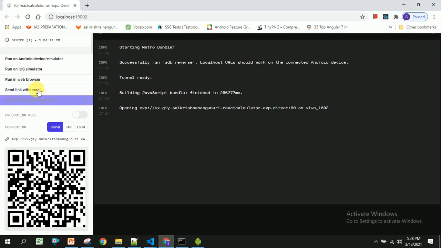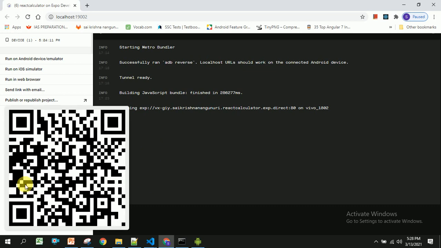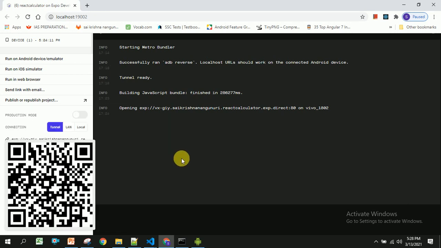If you open the browser, you can see different things related to Expo CLI. You can always run this in the web browser, or you can use an Android device or emulator if you have an Android device, and you can use the iOS simulator if you have iOS. Another way is to install the Expo application on your mobile and scan this.